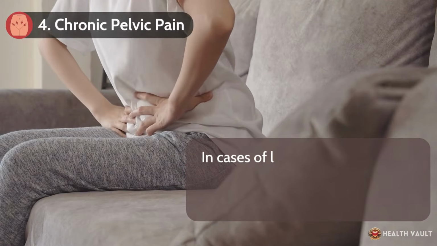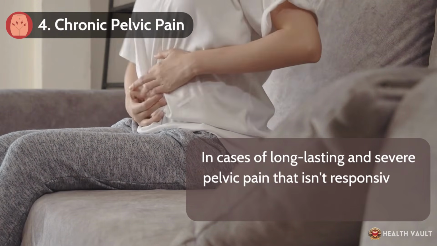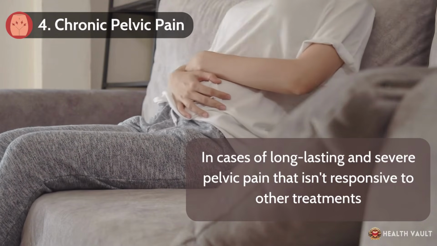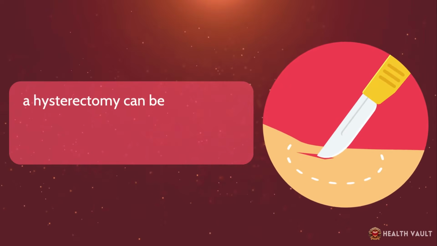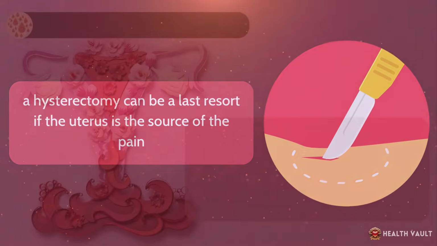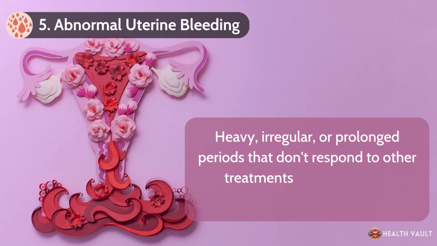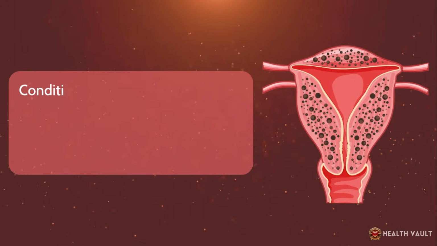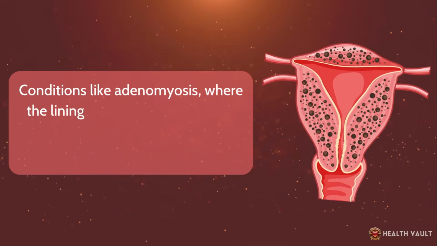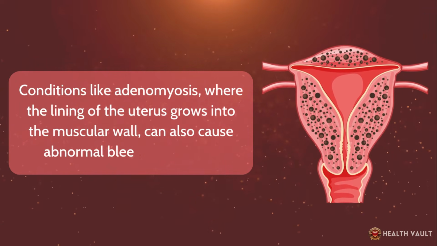Number 4. Chronic pelvic pain. In cases of long-lasting and severe pelvic pain that isn't responsive to other treatments, a hysterectomy can be a last resort if the uterus is the source of the pain. Number 5. Abnormal uterine bleeding. Heavy, irregular, or prolonged periods that don't respond to other treatments might lead to a hysterectomy. Conditions like adenomyosis, where the lining of the uterus grows into the muscular wall, can also cause abnormal bleeding and